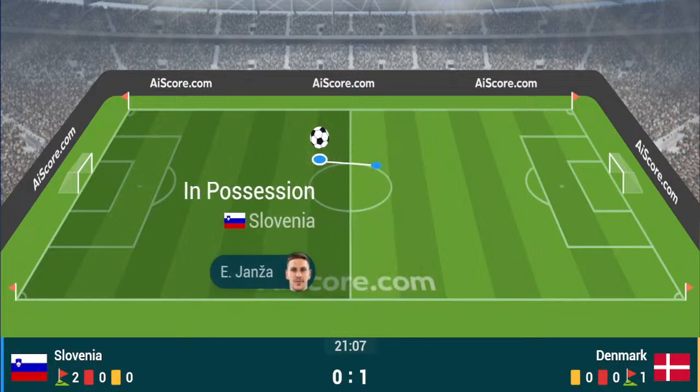Second corner for Slovenia. Serin again across to take it. Out swinging corner on its way. Denmark with two players on the edge of the box. Goes out towards the edge of the box with the corner. Effort's been blocked by the first player though, and Slovenia get the ball back at the halfway line, but it